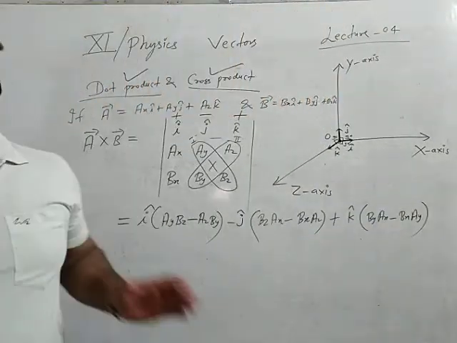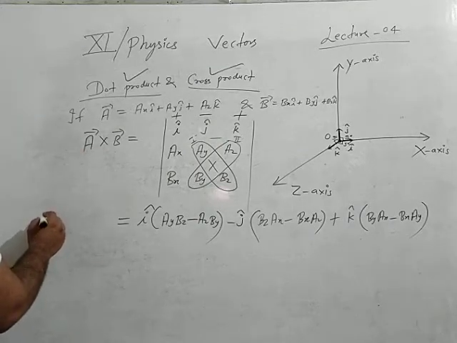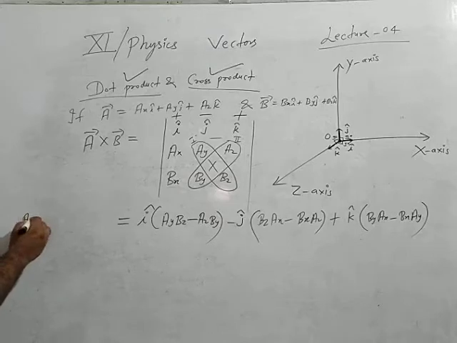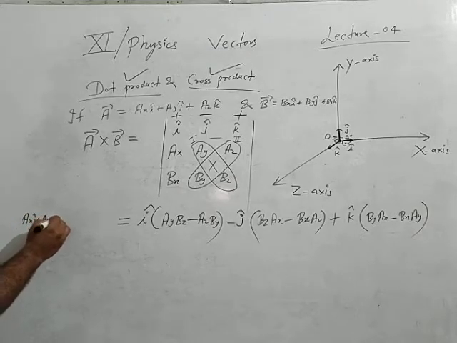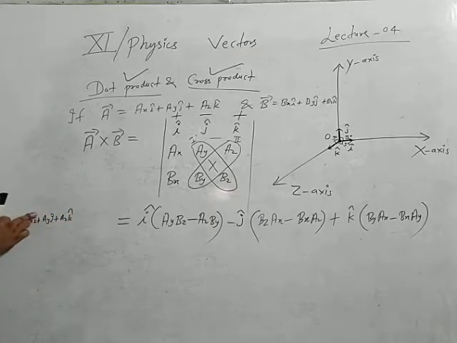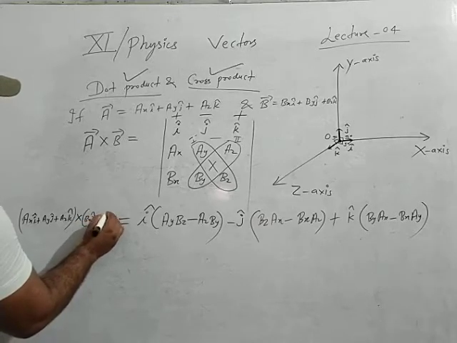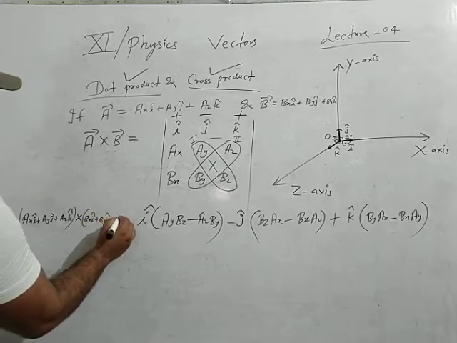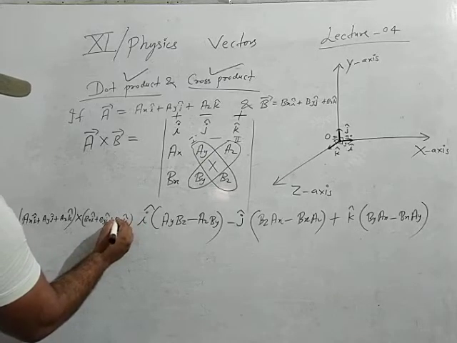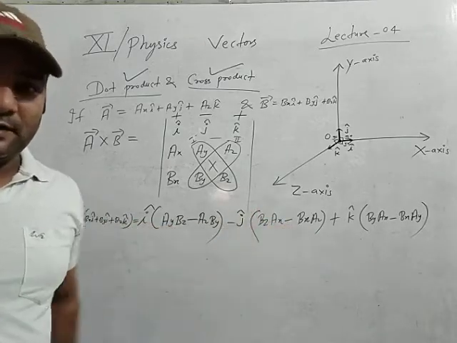Clear? When you actually make the cross product by using this concept, you will get this one. In this way, (Axi + Ayj + Azk) into (Bxi + Byj + Bzk) is equal to this. And in this arrangement concept, always remember